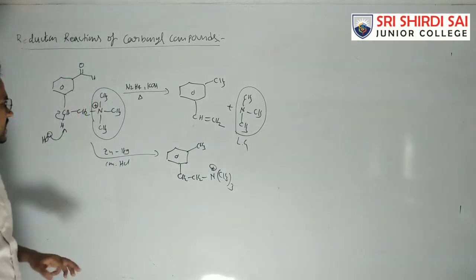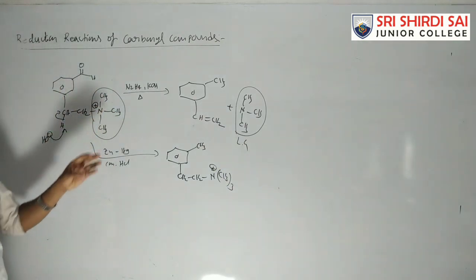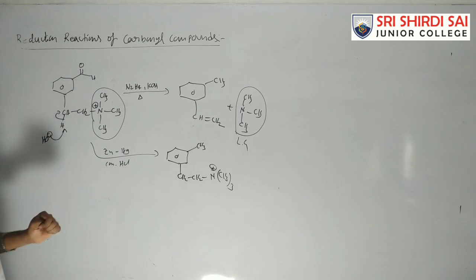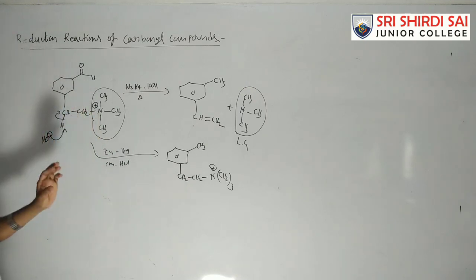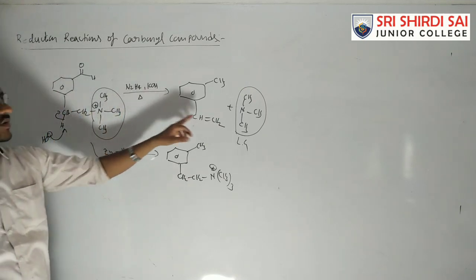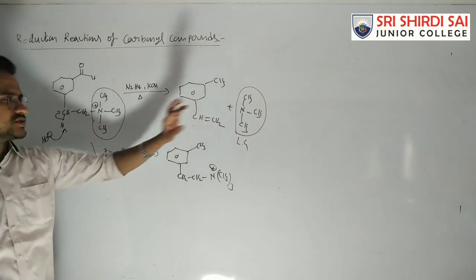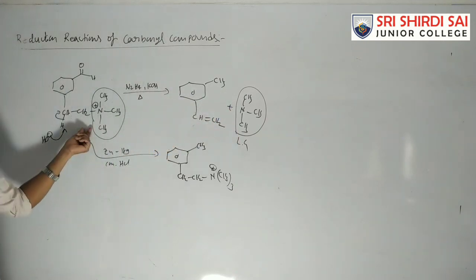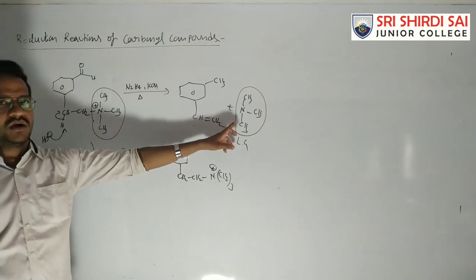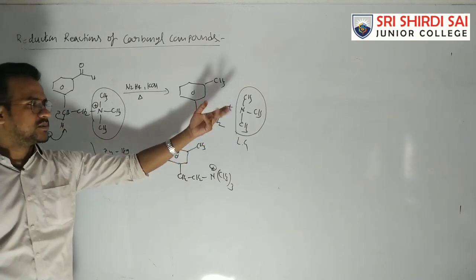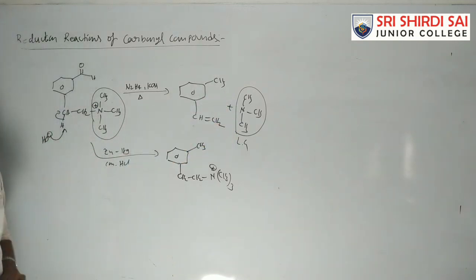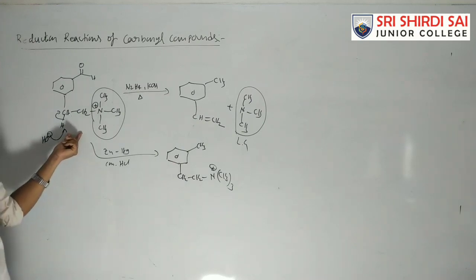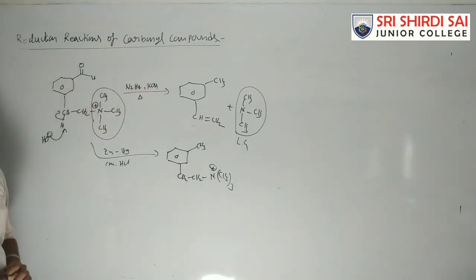In this elimination reaction, it acts as a leaving group like Cl, Br, iodine. Generally it is a good leaving group because after leaving it becomes a neutral molecule. Initially it is an ionic species, but after elimination of that group it becomes neutral. So that is a good leaving group, and the elimination reaction takes place in basic medium. So it is another limitation of the reaction. Okay, write down this.